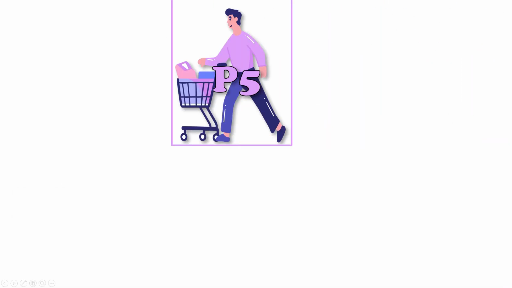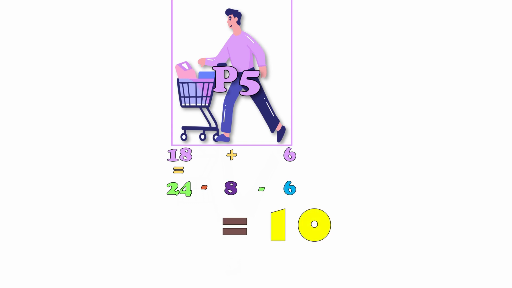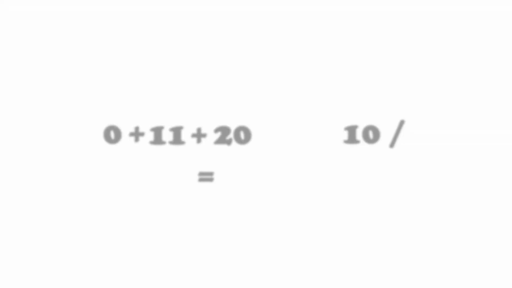In process 5, it starts with 18. To find the completion time, we add it by 6, and we get 24. And find the waiting time by completion time, which is 24, minus arrival time, which is 8, minus burst time, which is 6, and we get the result, 10. Put the result in the data, and let's find the average waiting time.